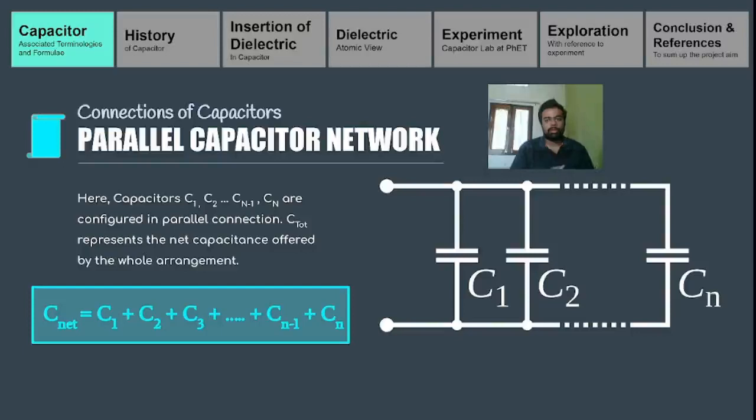So this is how we construct capacitor networks, by which we can make different equipment and different electrical devices, and we can alter the capacitance accordingly. Fundamentally we cannot change the capacitance of a single capacitor, but what we can do is take multiple capacitors, make a network out of them, and arrive at the particular capacitance that we desire. So that's the beauty of it.